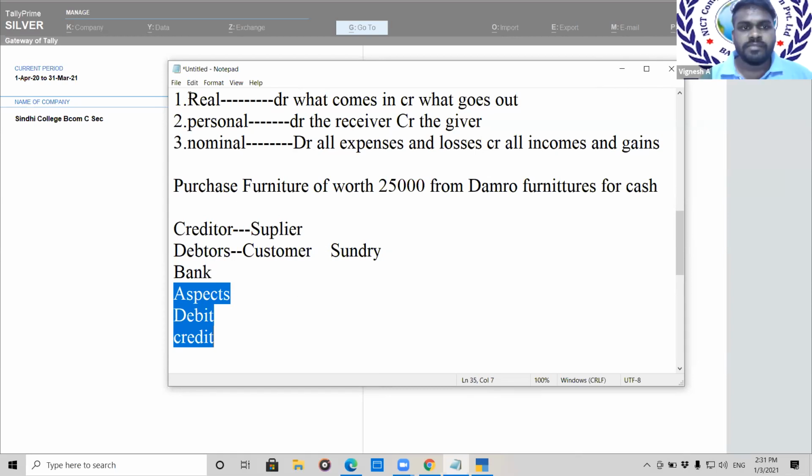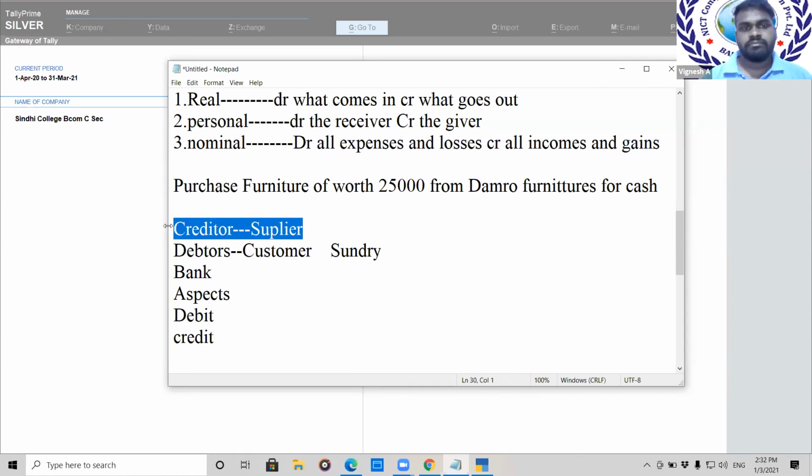Now coming to the point, as you asked me about the difference between real and personal, they are not at all the same. When it comes to personal, do your suppliers have a name? Will your supplier have a name? Yes, sir. The company you make a purchase from. Will the company not have a name? Yes, understand.